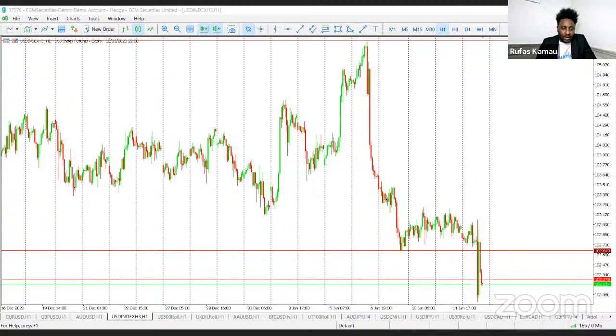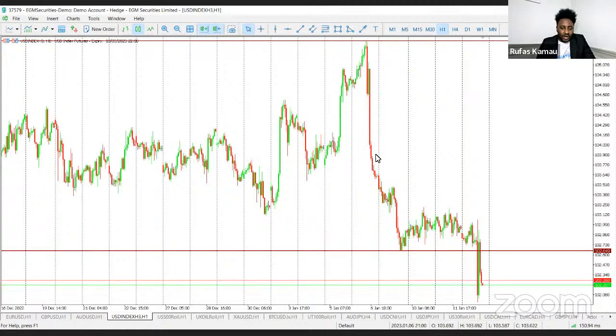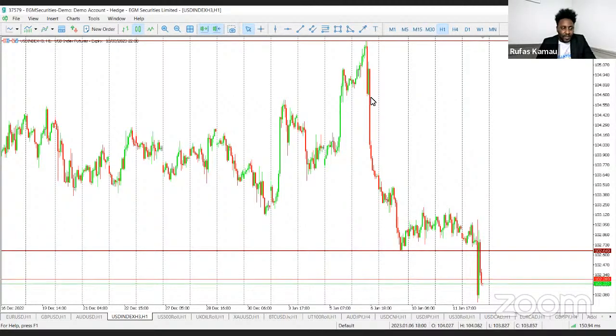So in the presentation, we'll cover quite a number of things. But before we do that, let's look at the hottest stuff in the market right now. So as you can see, this is a chart of the US dollar index. On Friday last week, it was strongly bearish as a result of the news from the US, that's the non-farm payroll jobs, which came out stronger, better than expected. So the dollar reacted by being weaker against other currencies, mainly as a result of speculation that the Fed would reduce the rate at which it's raising interest rates.